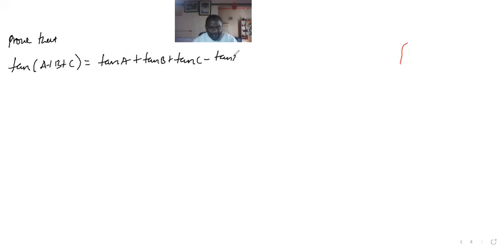Prove that tan of A plus B plus C is equal to tan A plus tan B plus tan C minus tan A tan B tan C, all over 1 minus tan A tan B minus tan A tan C minus tan B tan C. Hence, prove that this one is yours. Punishment for not doing numbers. If A, B,